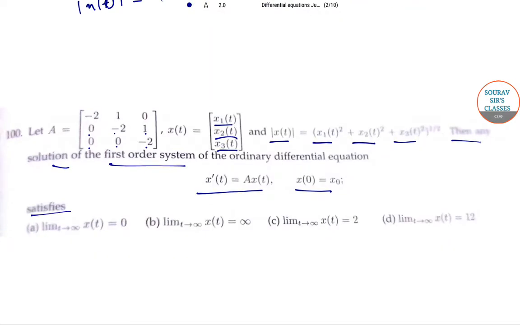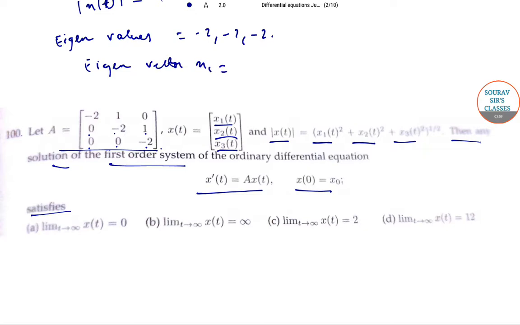Now, if you solve this matrix, you'll get the eigenvalues to be minus 2, minus 2 and minus 2, and the eigenvector x1 is equal to (-1, 0, 0). Now to find the other eigenvectors, known as the generalized eigenvectors,